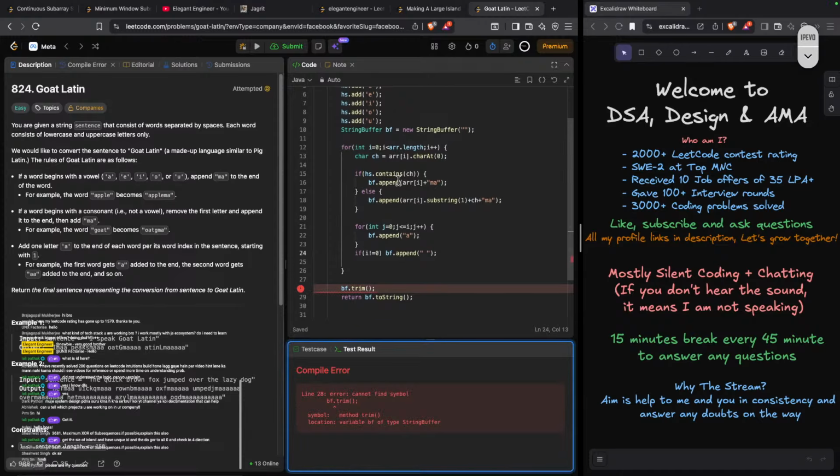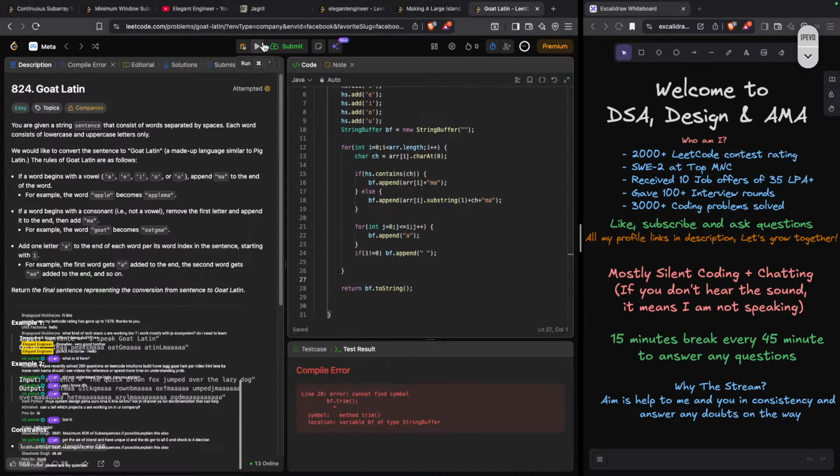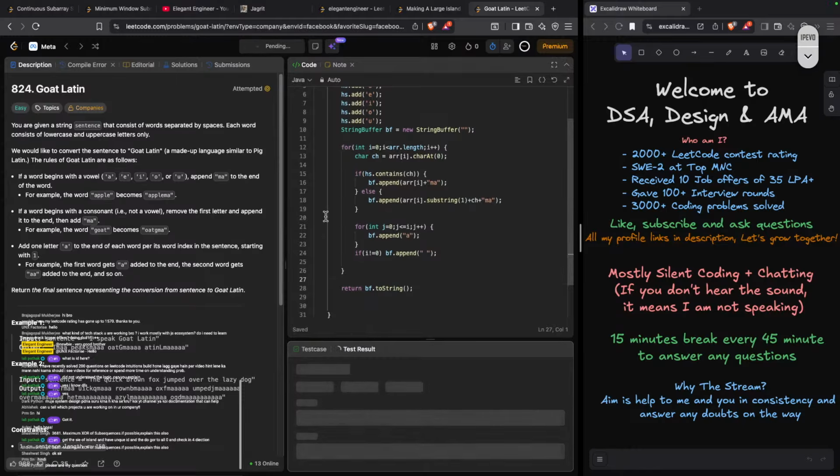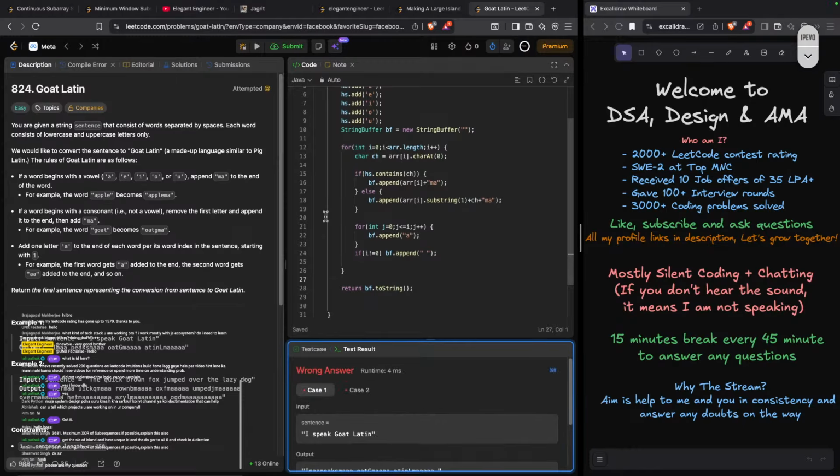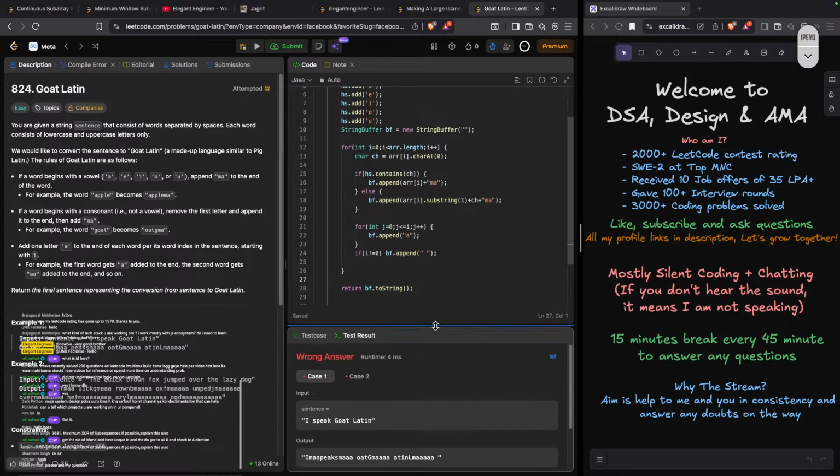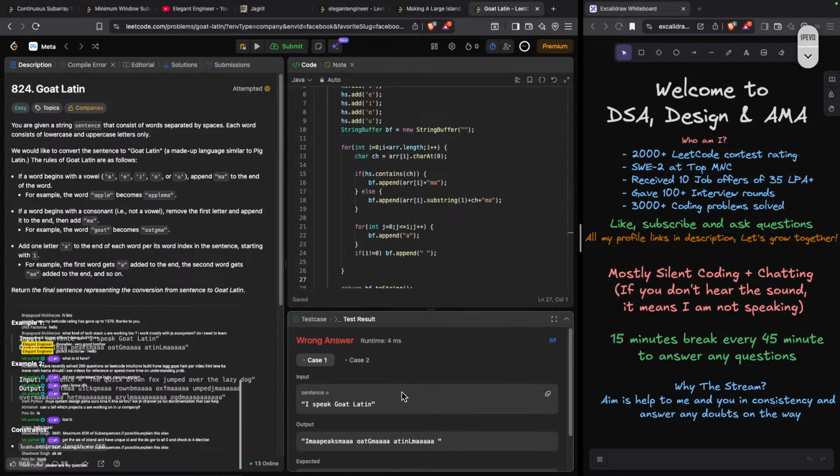This is not good code anyway. I'll see if you can improvise it later.